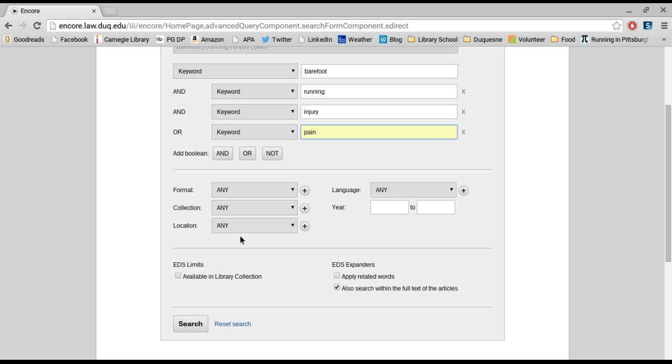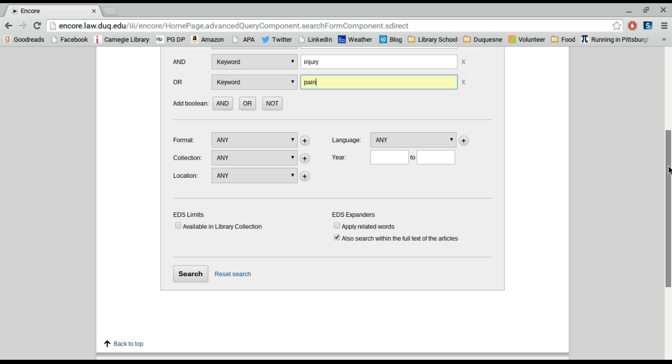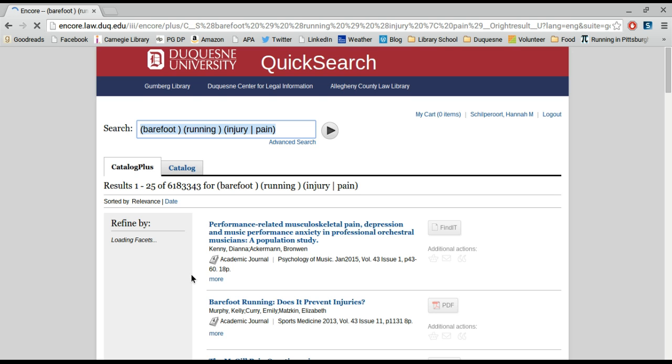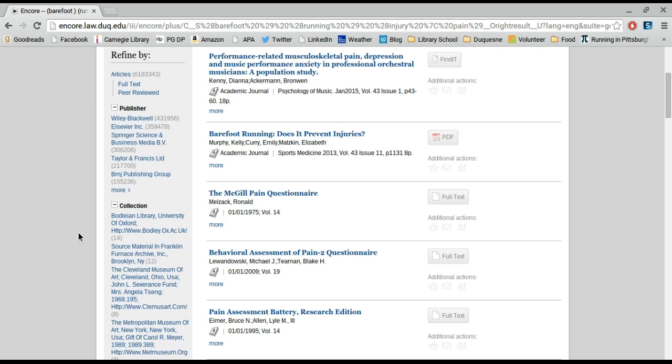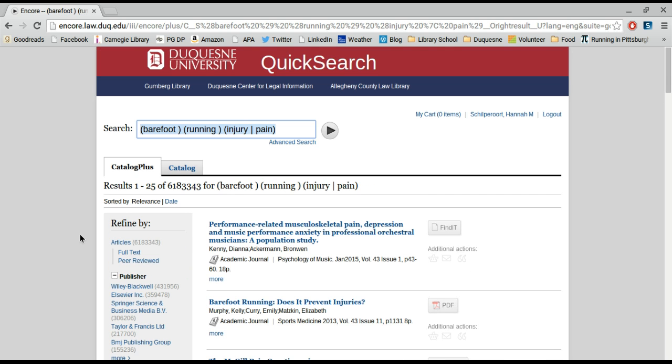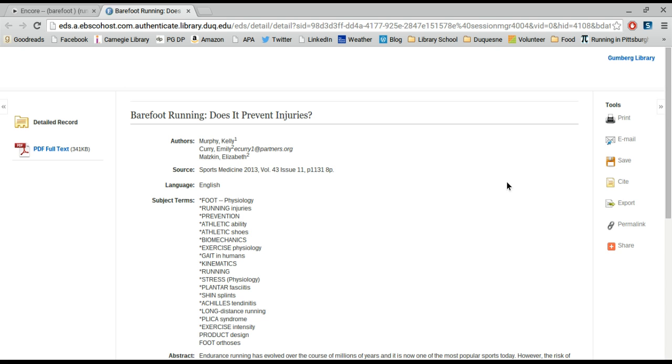You can limit down here based on format and other options. I usually just click search and I stick with the limiters on the left-hand side over here, just like we did before. Anytime you want to see your results in more detail, you just click on the title itself. The title is highlighted in blue. And that's going to take you to a detailed